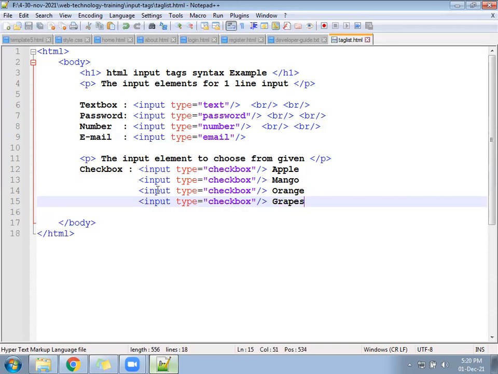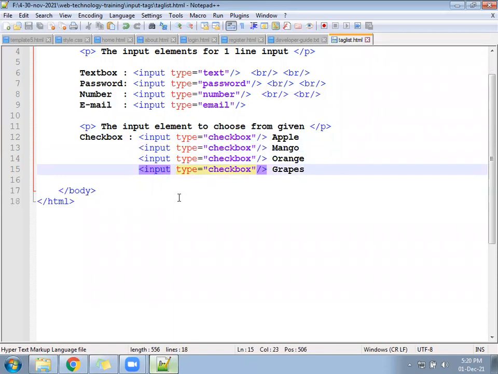And save it. Check now. How many checkboxes? Four checkboxes. All checkboxes will come in one line.